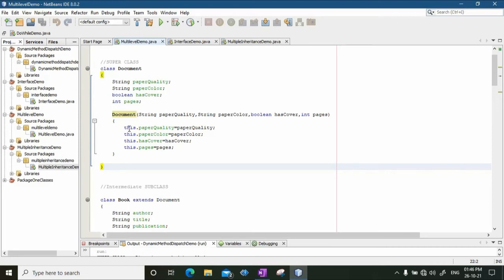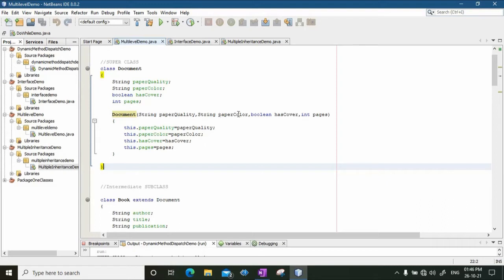Whichever object is going to call the particular method, this will always point to that particular object which is in action. Now here I have written this because you see the names of these attributes are paper quality, paper color, has cover, and pages. These are the names of these attributes. But in the constructor, the parameter names have also been kept the same.